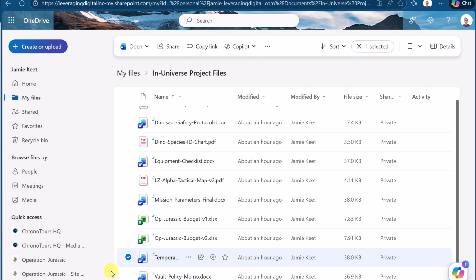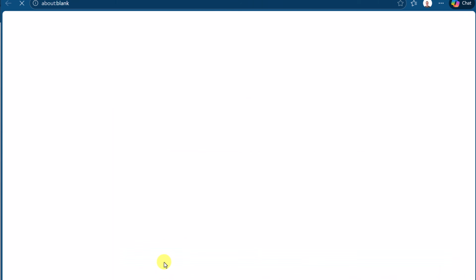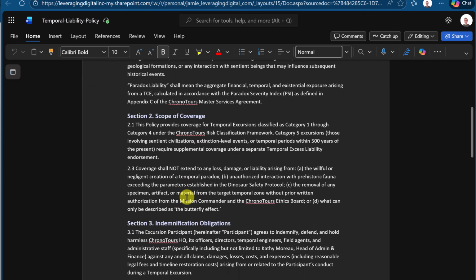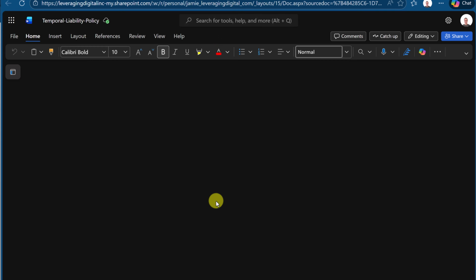File version history. This is one of those features that you don't think about until you desperately need it. OneDrive automatically saves versions of your files every time they're edited. So let's take a look at this file right here. I'm going to open it up, and let's say we go through it and we notice and say, hey, wait a second, section 2, there's a missing thing. It goes from 2.1 to 2.3, and I know I wrote a 2.2 in there. So I'm just going to close out of here,